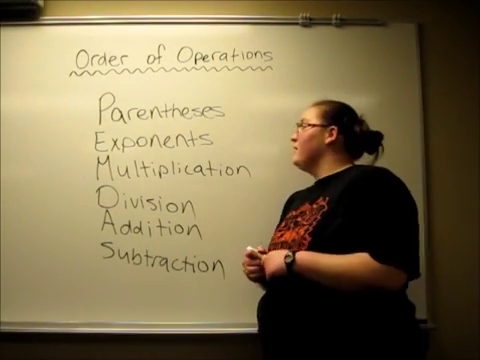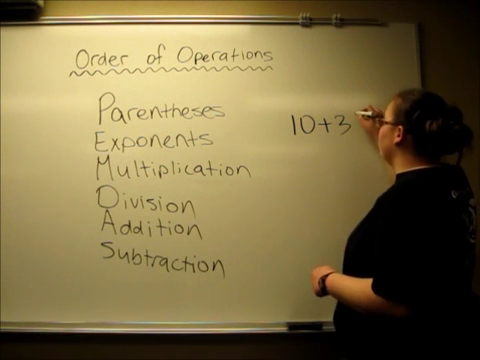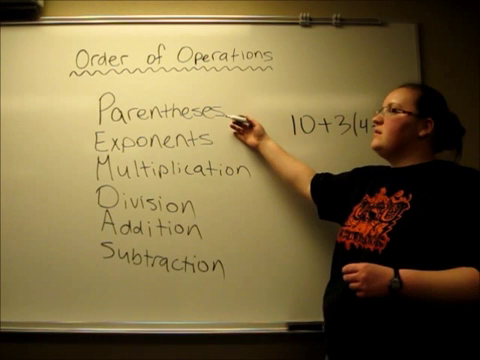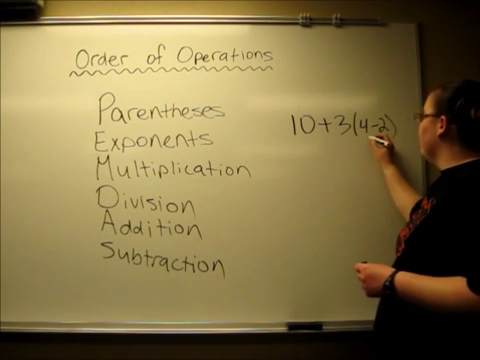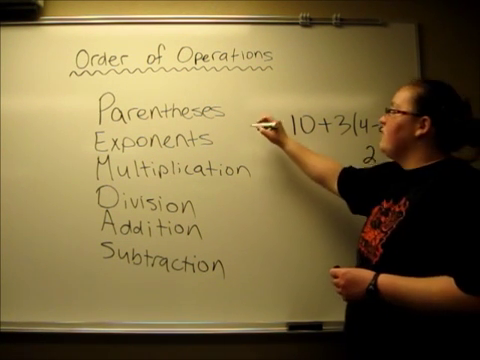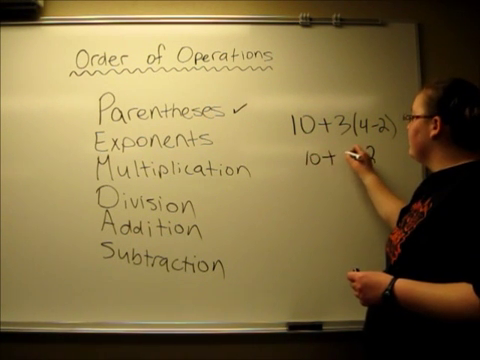So our next example is 10 plus 3 multiplied by 4 minus 2. We look on our list and see if we have parentheses, and we do. So we subtract 2 from 4, and we get 2, and we cross parentheses off our list. We bring the rest of our problem down,